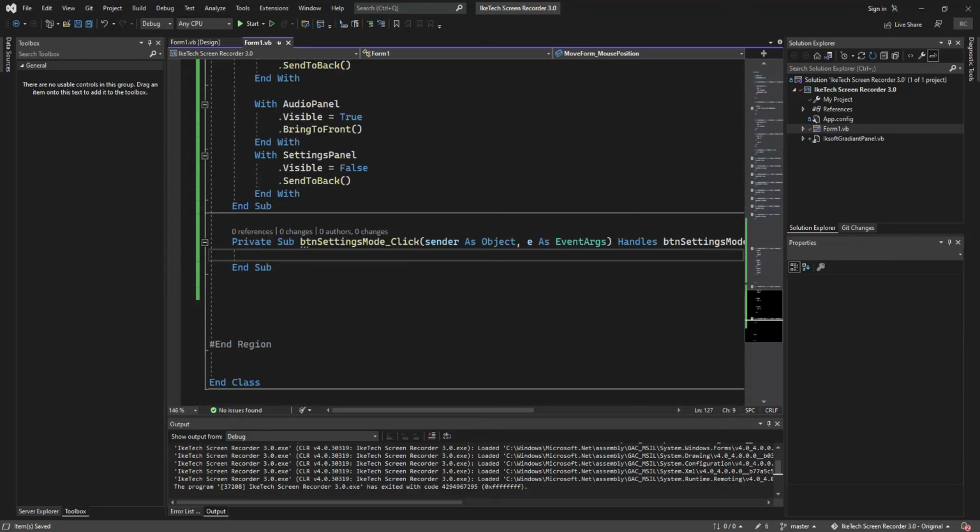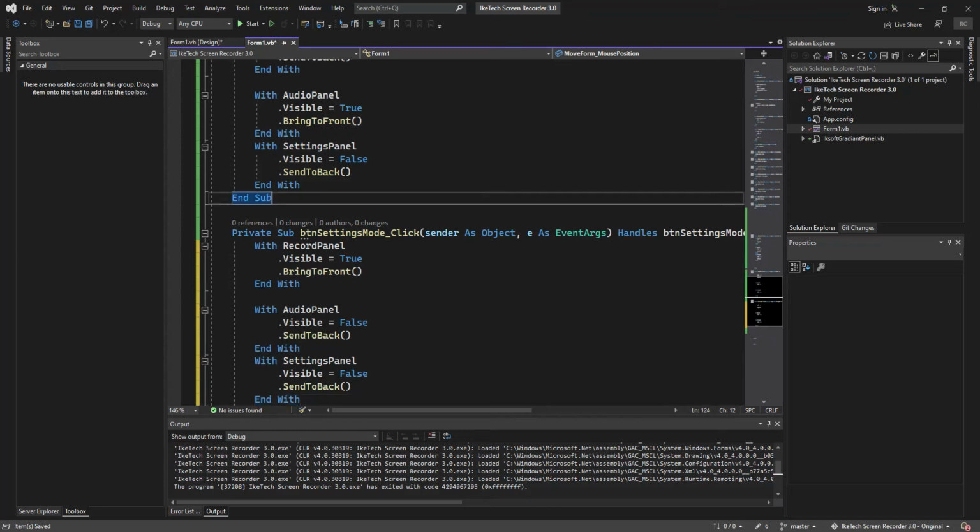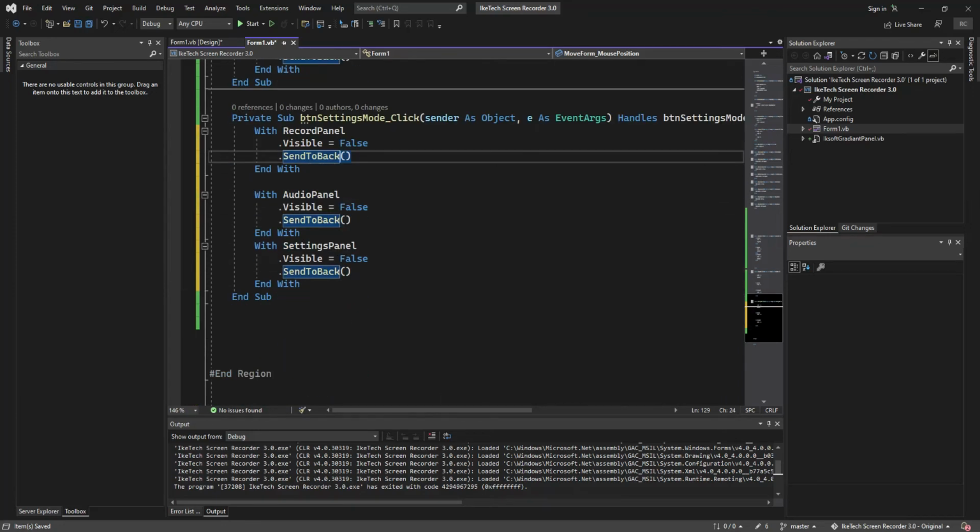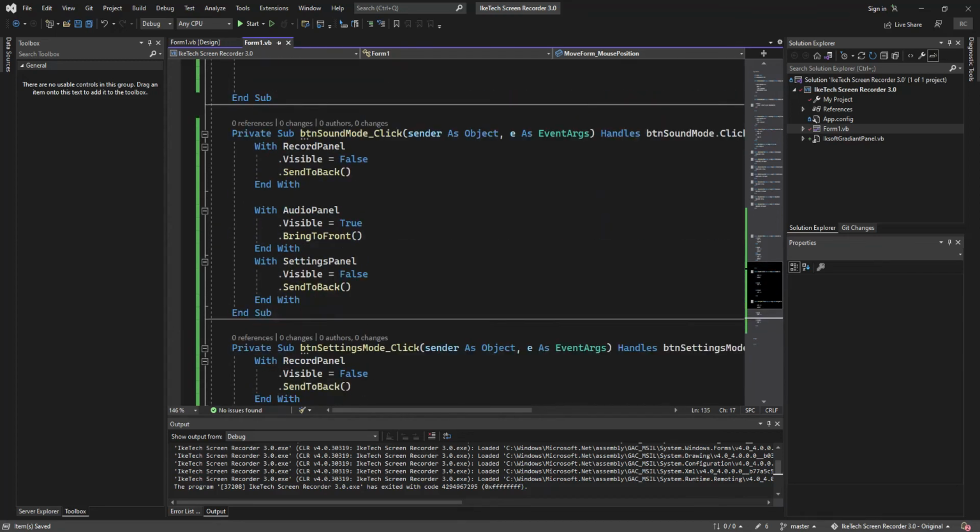And let's see the last one too. I'm just going to set this to false, and this is going to be send to back, and this is what we're going to set to bring to front, and this is going to be true, just like that. Excellent. Now let's test